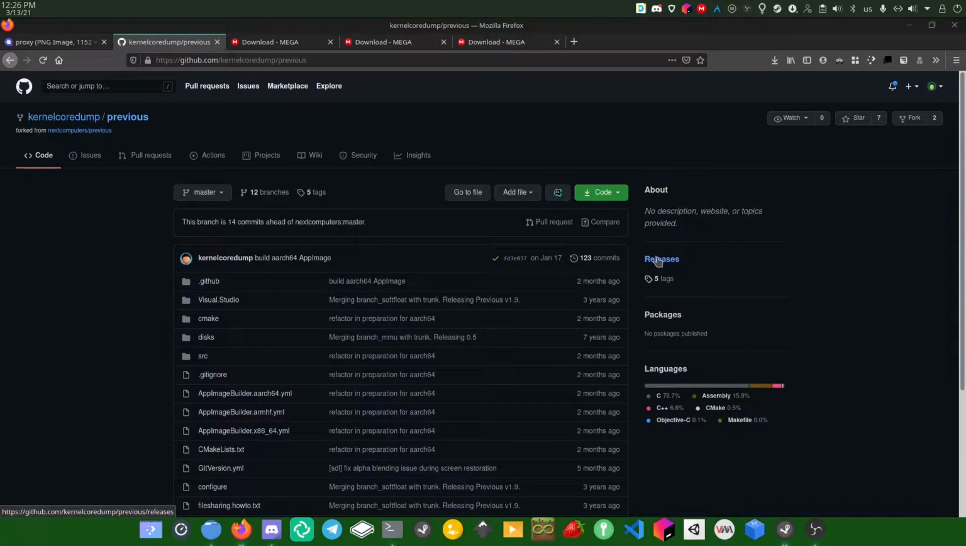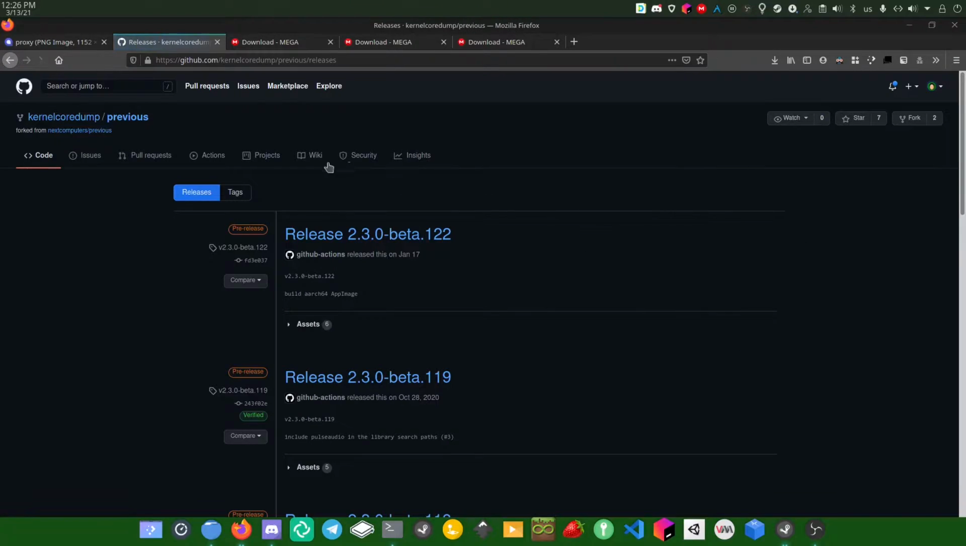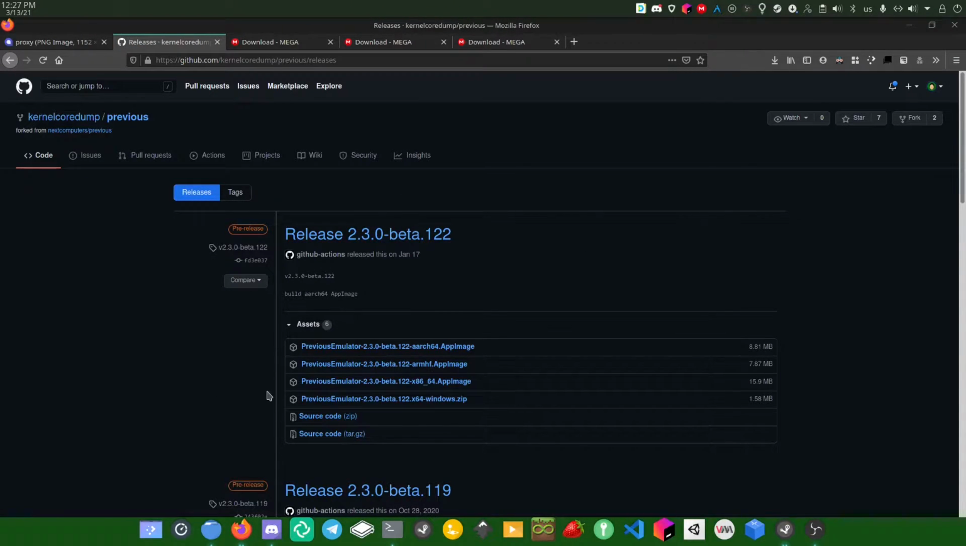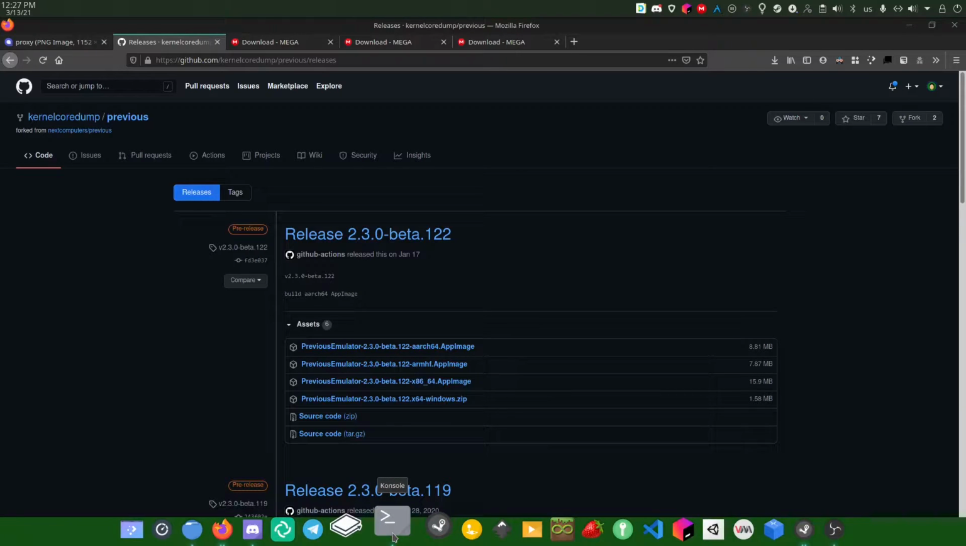You can just click on Releases when you enter this page, click on Assets, and click on Windows if you're running Windows. If you're on Linux, click on the AppImage. If you're on x64, you can just click on this, and then ARM, like that. After you've downloaded it, if you're on Linux and you have an image and it complains that